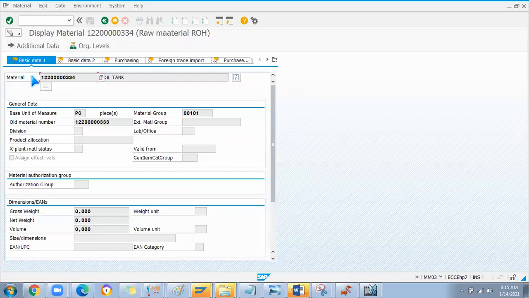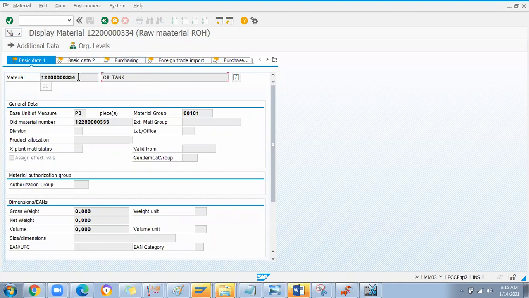Out of 2 numbers, 1 number is good, so I will move it from quality to unrestricted use. 1 number is not good, I will move that to blocked stock. From that blocked stock I will move it back to the vendor stock. So that is the process we will do today. Just see the movement types I use for quality to unrestricted use, then quality to blocked stock, and from blocked stock to vendor premises, how we are going to handle it, the complete process.